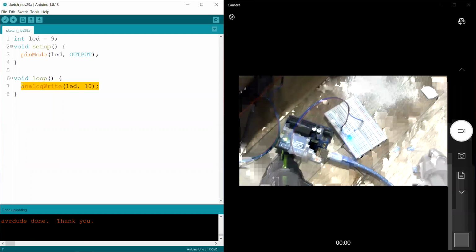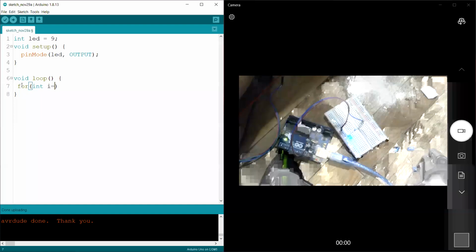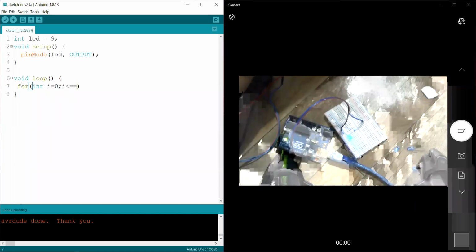Now, to show you that this is adjusting the brightness, I am going to write a little bit of code above with the for loop and show you that it is actually dimming. We are going to write this code eventually, so don't worry about that. We go from 0 to 255, and we want to go one by one.